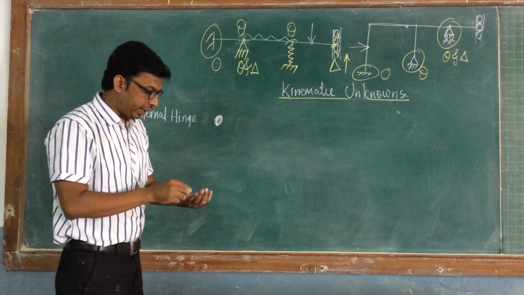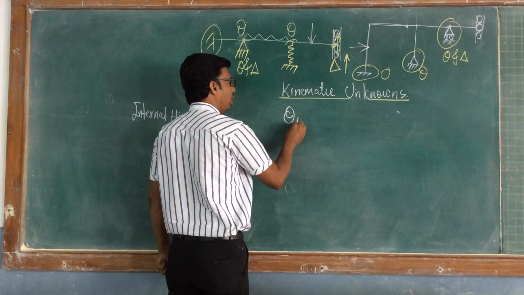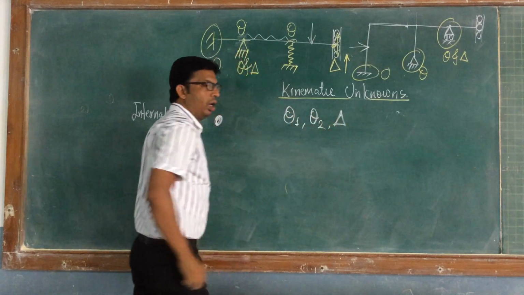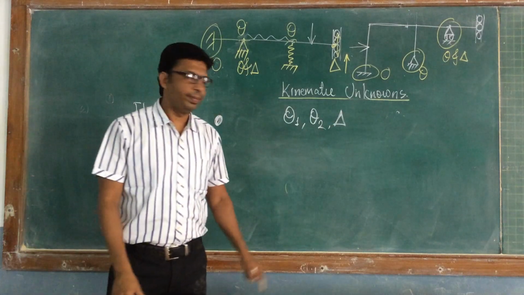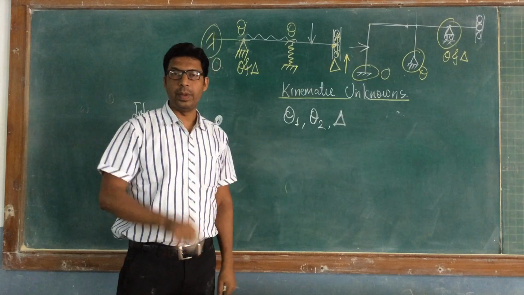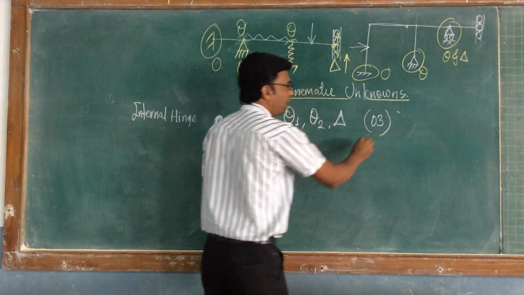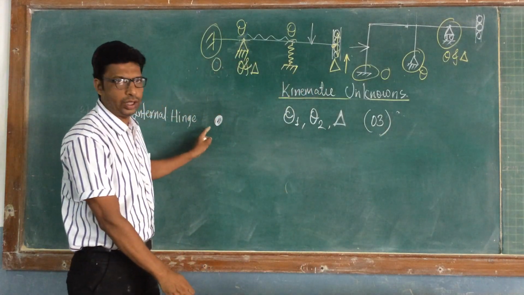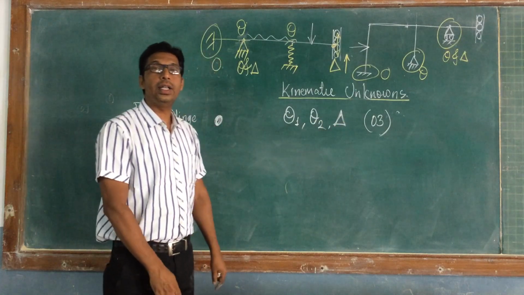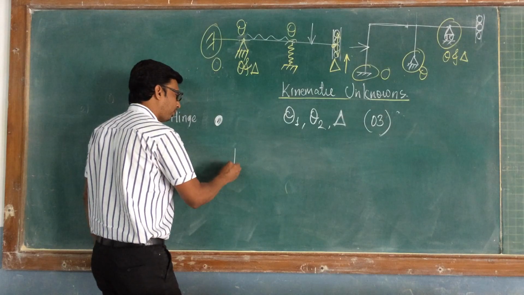There are three kinematic unknowns in case of internal hinge: two rotations and one displacement. So total unknowns in internal hinge are three: two rotations and one displacement. If you look at the example,